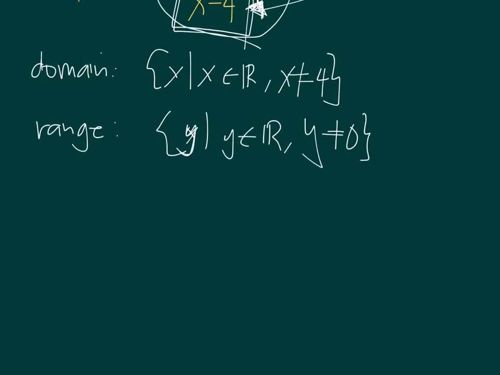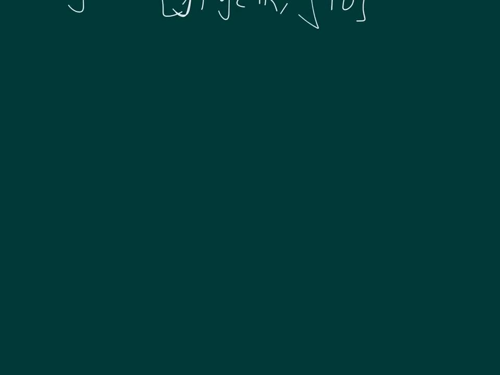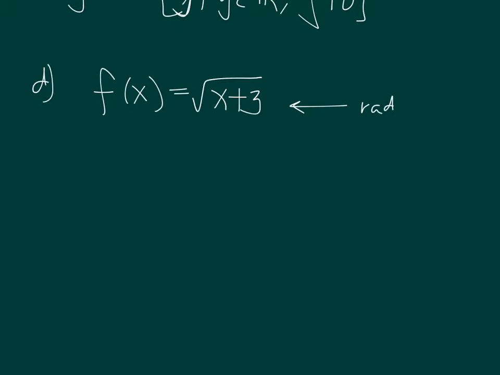Letter D. Okay, I gave you f of x equals the square root of x plus 3. Okay, so for radical functions, this is a square root. So this is an example of a radical function. Square roots, like fractions, have restrictions for the value inside the symbol. So to get the domain,